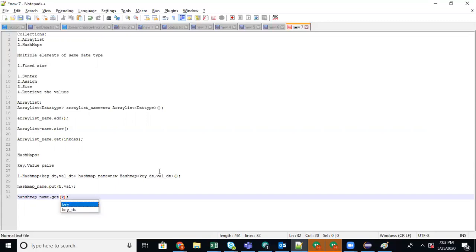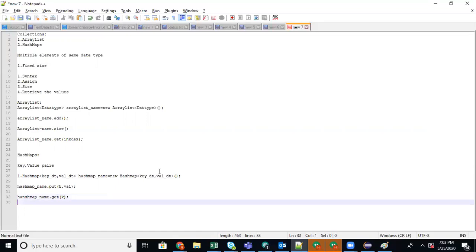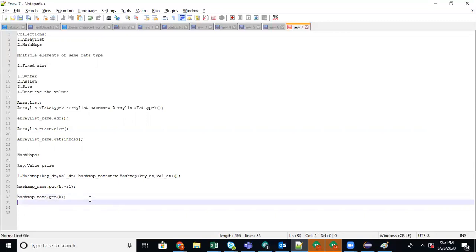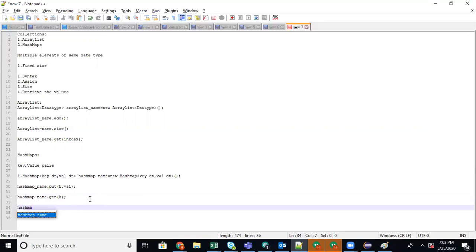For which key you need to get the value, you give the key, and the corresponding value it will retrieve and show to you. Find the size is hash map name dot size. This is only used for finding the size of the hash map.